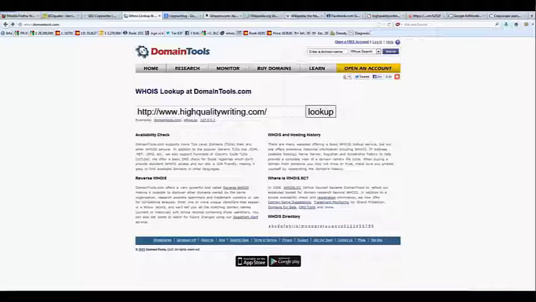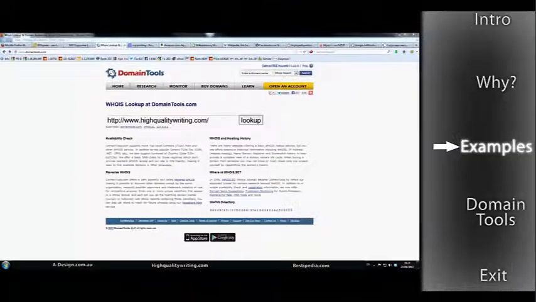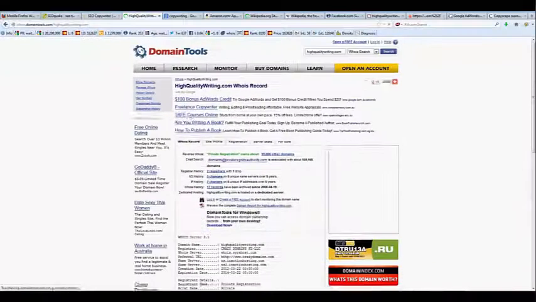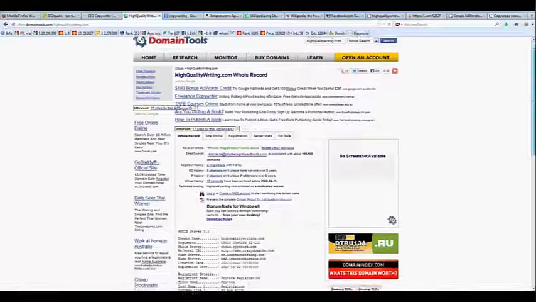Now on the page I've got Domain Tools up, which will give you an idea of the age of a website. This can also vary what you can do link velocity wise. As you can see, this site has been registered since roughly 2008, so that probably gives you an idea of the trust that Google would give that site, as opposed to a site that was just bought yesterday which has hundreds of links aimed at it on the first day. It looks very unnatural to Google.